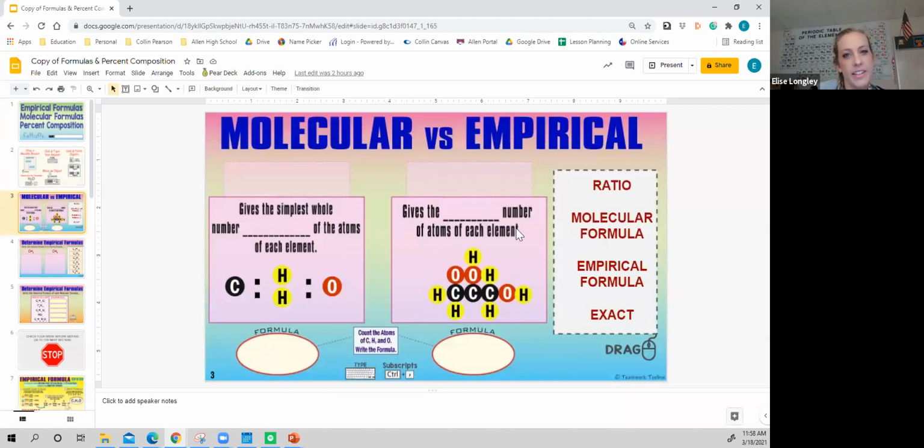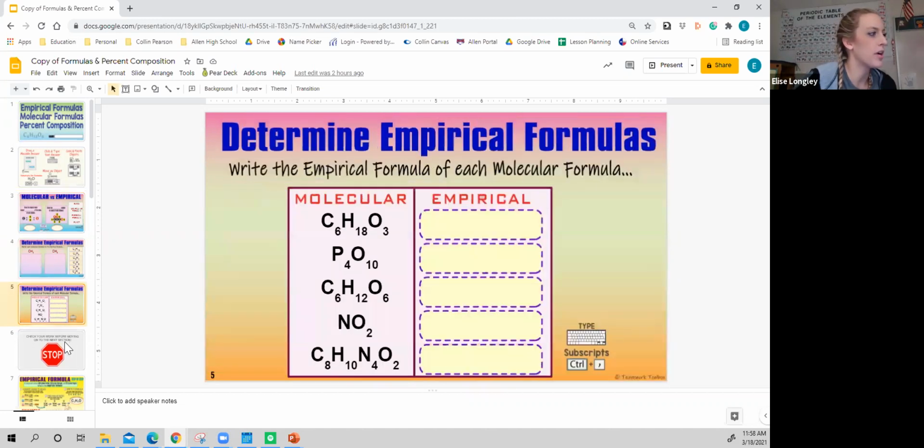For this slide, the number of people that are misdoing it is a lot, not because they're getting it wrong necessarily, but the type or the title goes up here. The words ratio or exact go in the blanks. And down here, you actually count the atoms and give me the empirical and molecular formula, the actual formula. It's not a label. Like I want you to actually put the letters in the numbers, okay? Here we're dragging, here we're dragging.